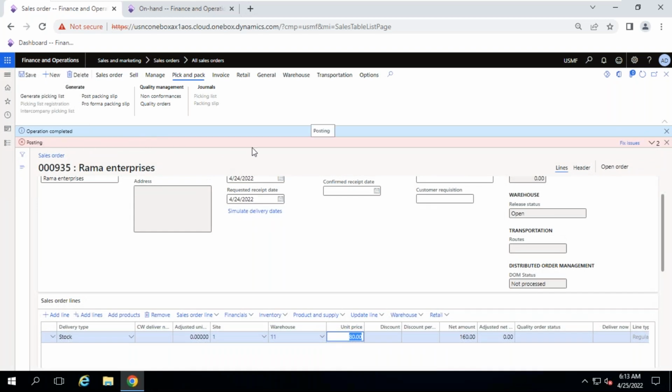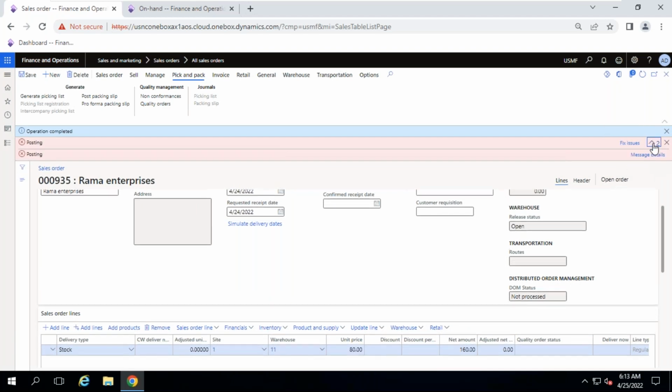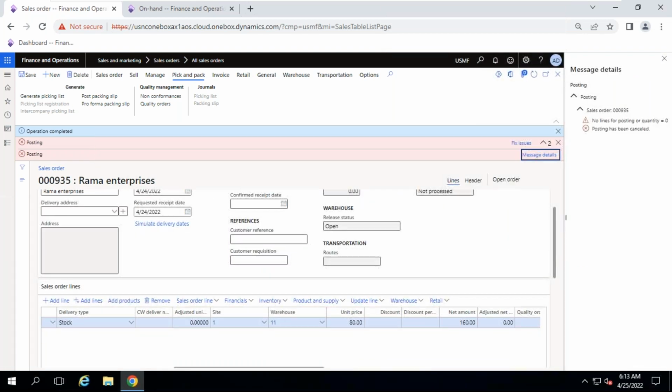This red bar means error message. And don't click on fix issues. It is not required because you are not going to fix it. This is a technical issue. So if you expand message details, it is showing no lines for posting or quantity equal to 0. The reason behind